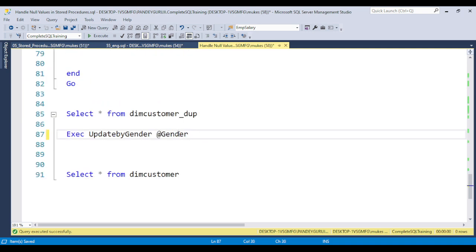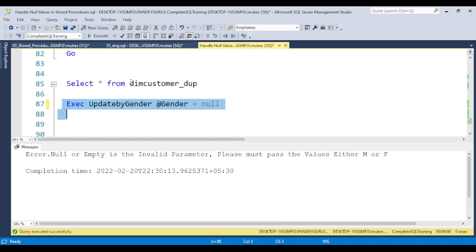If gender is equal to null and you run this code, you can see the error message: null or empty is an invalid parameter, please pass either value M or F. If you pass an empty value, it also returns the same error message, because we already handle the null or empty value.